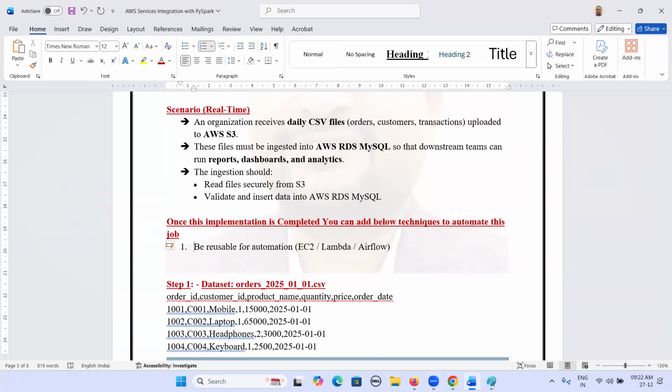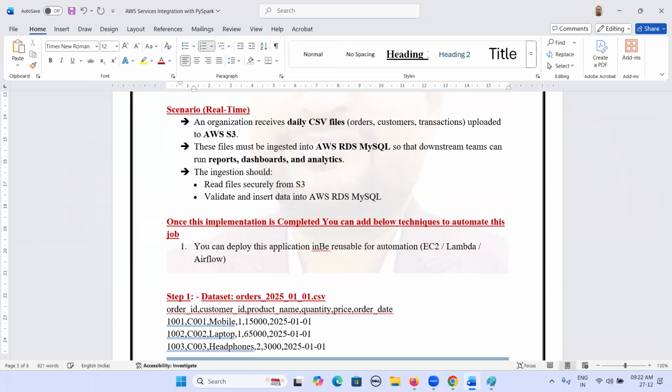One, you can deploy this application into any server, then